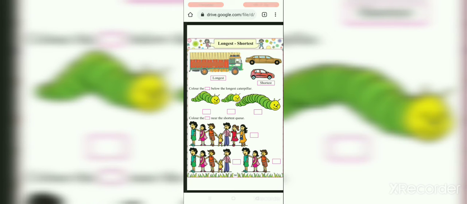So color the longest caterpillar. Don't color the truck and the car, but color the caterpillar. Now you have to see which